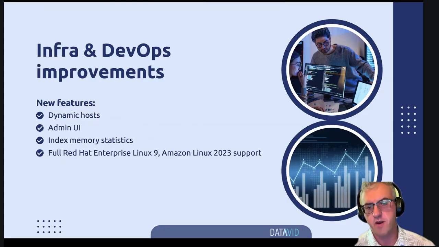Specifically on AWS, there are also improvements in the CloudFormation templates, and it basically means that you can manage your cluster more easily, but it's also much more stable. With Amazon Linux 2023, it also means you receive the latest security updates, all the patches, and it's officially supported by Amazon. Prior to MarkLogic 12,